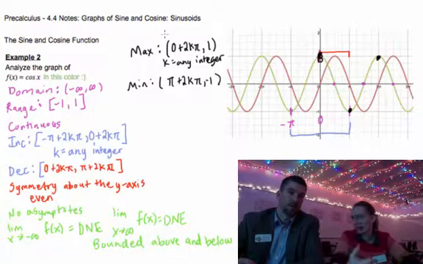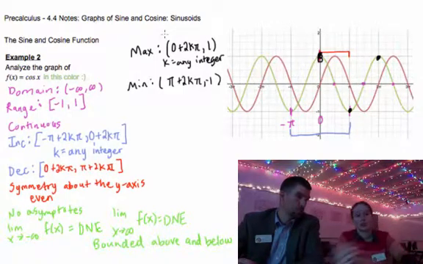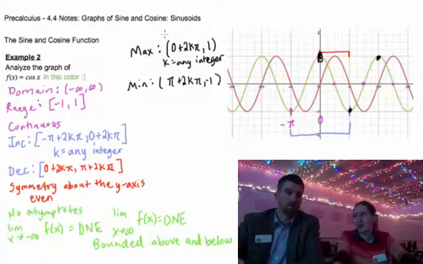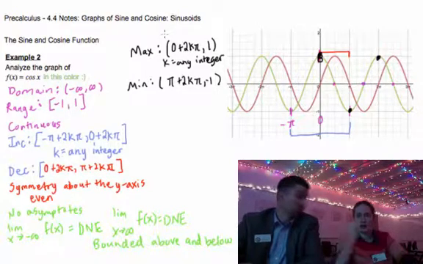So now let's look at the transformations. That's what's coming next. How do we know what's going on when we throw other numbers in there? What does it do? Y equals sine x and y equals cosine x, those are great functions, but they're not the only things that we could have. By the way, there's a lot of similarity between these two. So if you can get to where you're really understanding one, you should be able to analyze both. Yeah, because the other one is just a little bit over. Okay, so